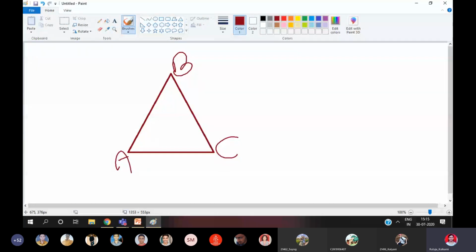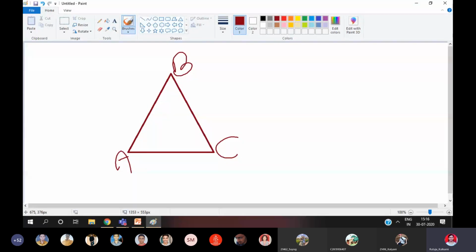Each edge is represented with the same color. In such cases, we are going to use the boundary fill algorithm, which is also known as seed fill algorithm.